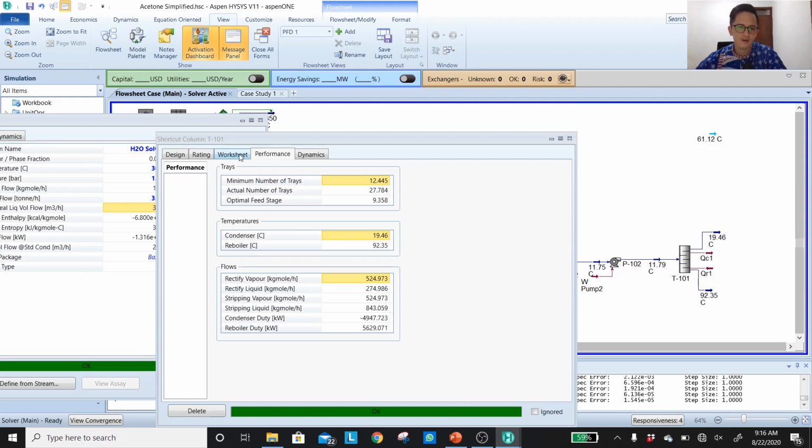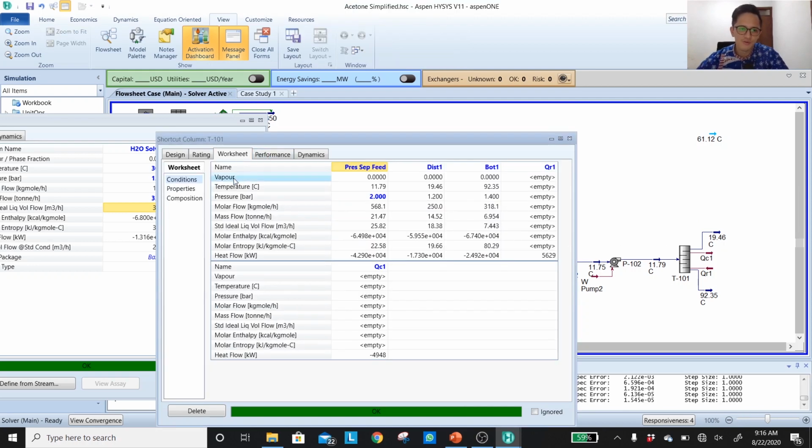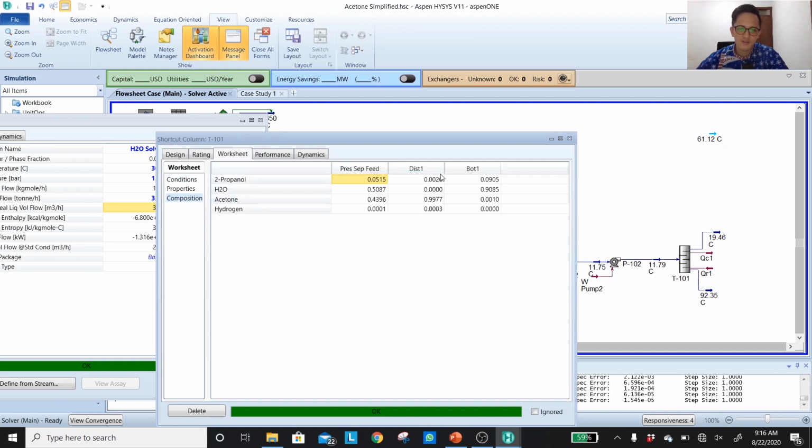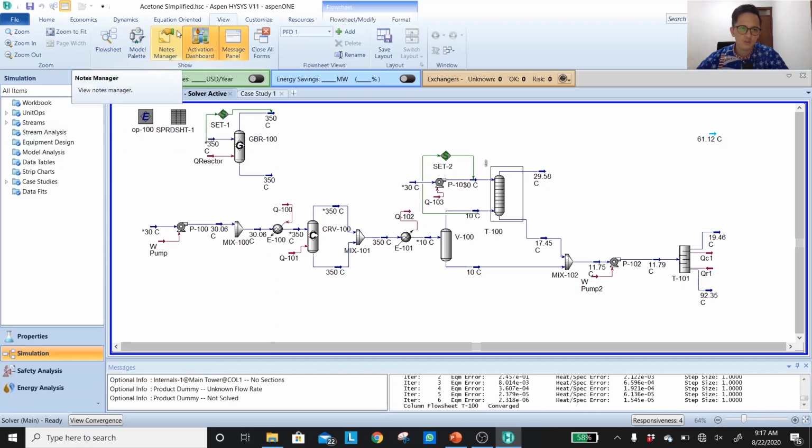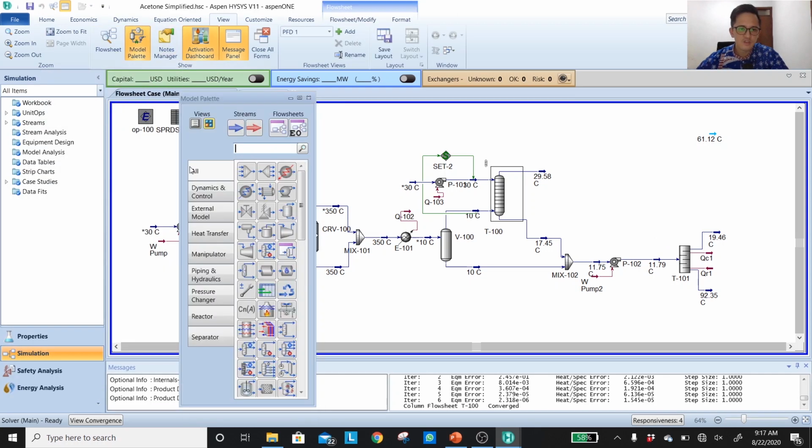And it's maybe confusing for you, but when we look at the distillate, we can't even achieve the purity of the acetone. Okay, it's not 99.8%. Why? Because we still have a very small amount of hydrogen. Okay, that's why it's very, very problematic for us to have a very light compound such as hydrogen going into the distillation column. Okay, so that's why I want to introduce the splitter.